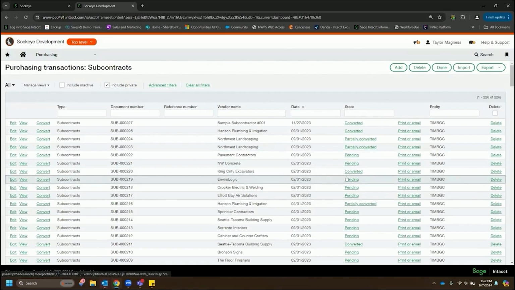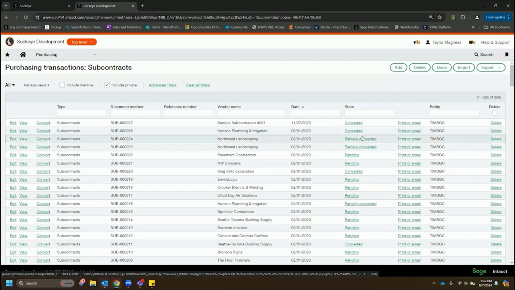Pending is essentially a commitment that we have created, but we've had no activity against. Maybe it's a subcontract with 0 invoice activity against it. If it's partially converted, it's kind of what it sounds like, right? Maybe we've had an invoice or 2, but we still have some of those open committed costs outstanding, and then converted is there's nothing else left to do there. We've invoiced against this entire contract here. But when we receive an